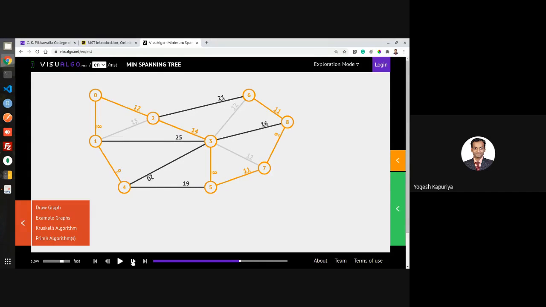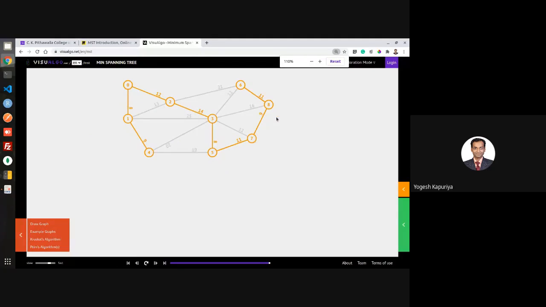So you can simply have this in the minimum spanning tree. Then next is, I think, 16. Again same, so skip, skip, skip, skip. So this is your MST for the given graph.